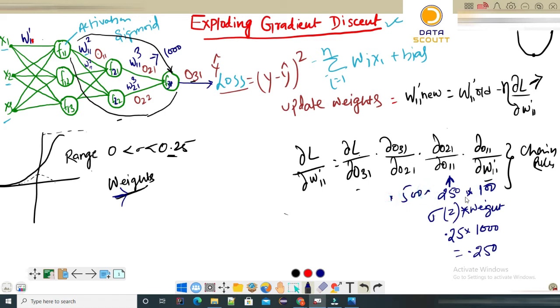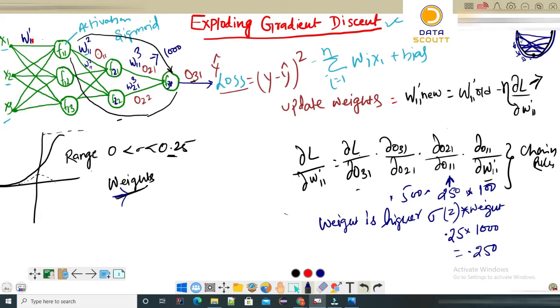We know that with the multiplication, the weights will be higher. Because the weights are higher, our loss will not be able to converge to a local minima. We know in the gradient descent problem, we try to take a baby step to converge to a local minima. But when the steps become really high, it will jump across different values and try to converge to a local minima, but it will not be able to because the losses are very big. The values are very big. So it will never be able to converge to a local minima.